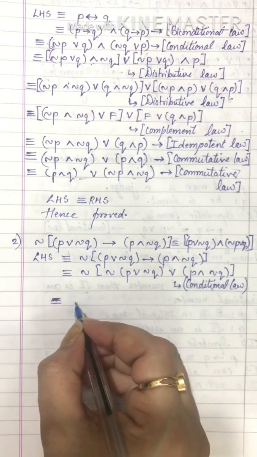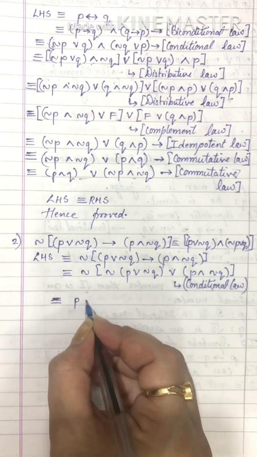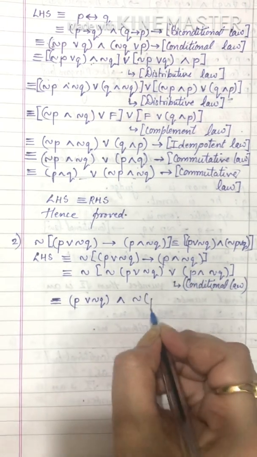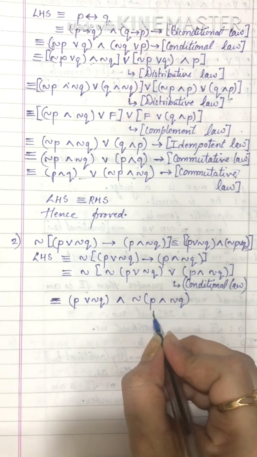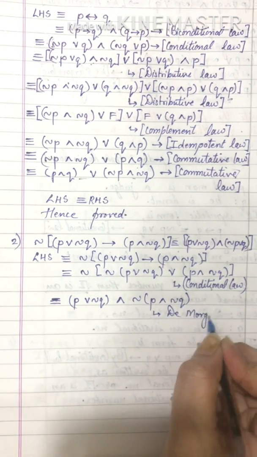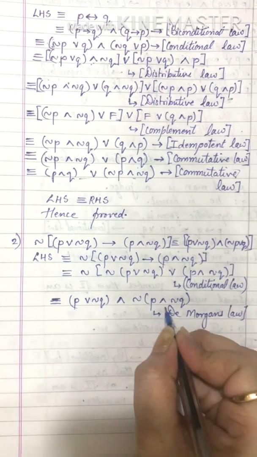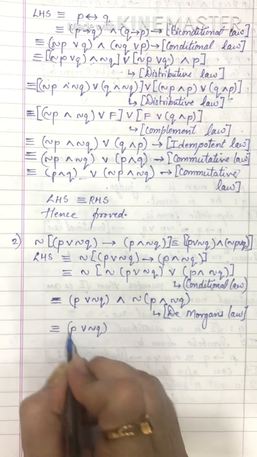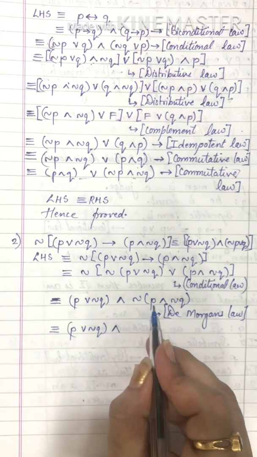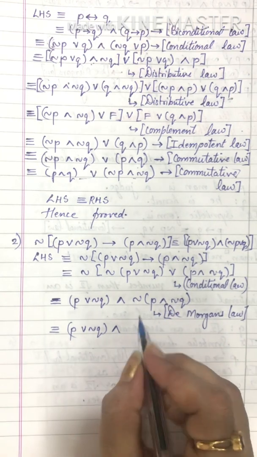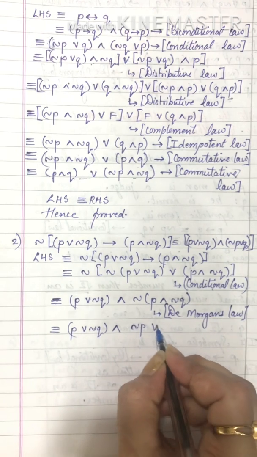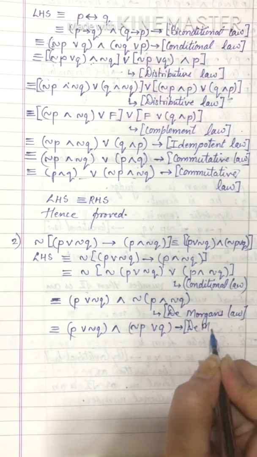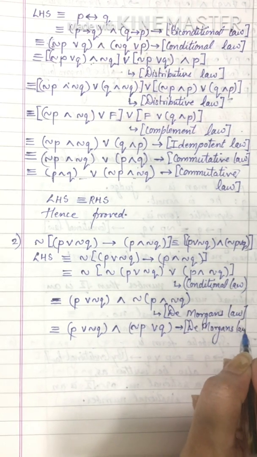So simple, our De Morgan's law. Negation of this bracket will be that bracket value itself. So we write it. This or will become and, and negation of the second bracket. Okay, this is De Morgan's law. Next step, what we can do, the first bracket will come as it is, nothing can be done, and operator and connective, and here negation of P and negation Q. Again we can use De Morgan's law, so we get negation P or negation of negation Q gives you Q. I'll state the reason here, De Morgan's law.